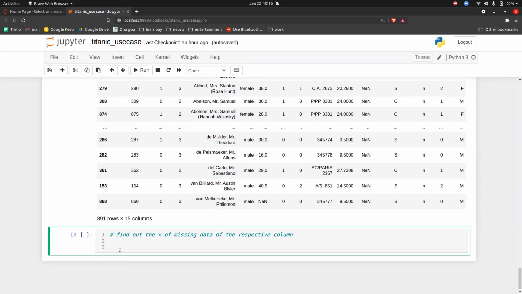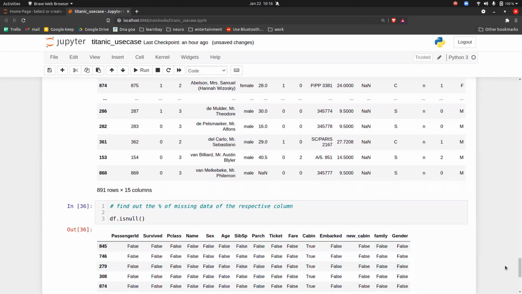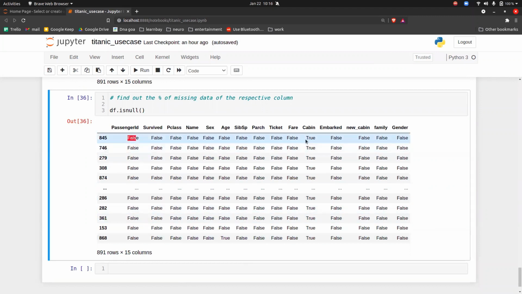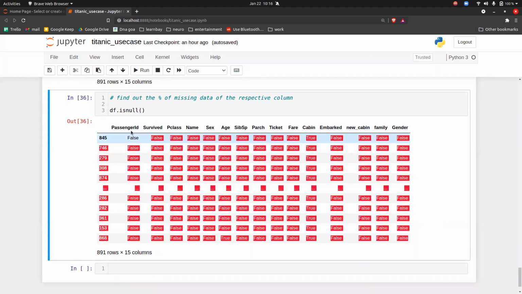But if you want to know the missing values, then you have to do df dot isnull. When you do df dot isnull, it will create a data frame where the data is filled with False and True. True means that in that particular cell you have a null value, and False means there is no null value. But this also is not giving me a very good idea.